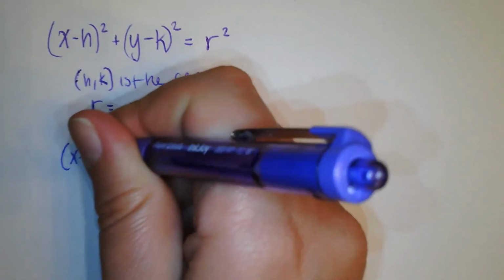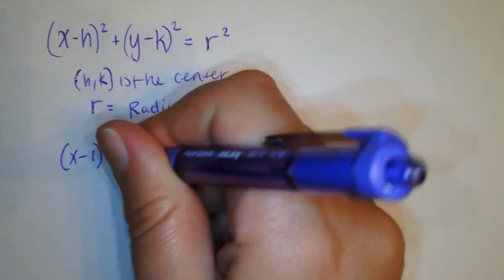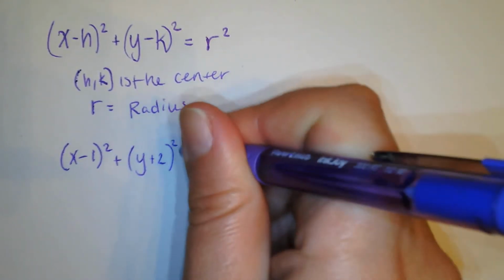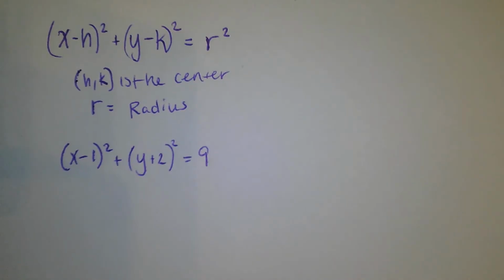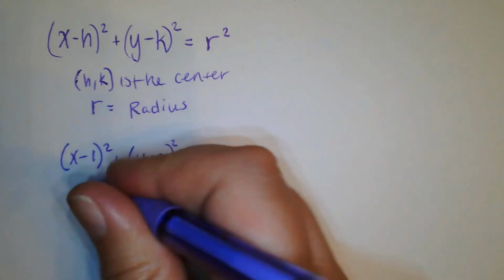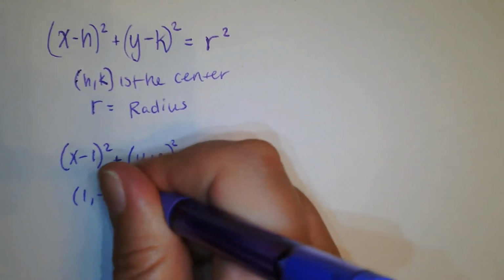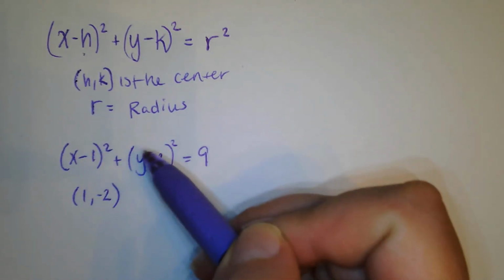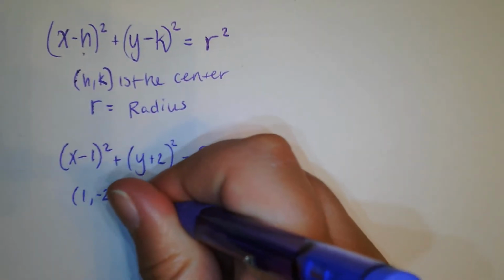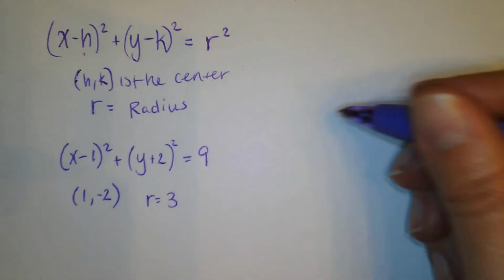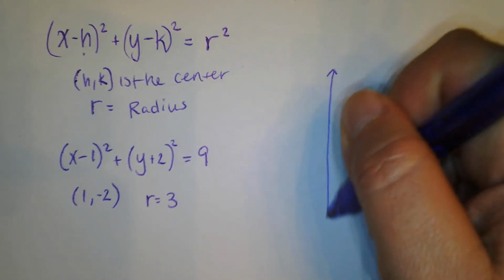Let's just make up a random question. How about (x minus 1) squared plus (y plus 2) squared equals 9. What's this telling us? The center is at (1, negative 2). Remember, those signs will switch because these are minus signs. So (1, negative 2), and the radius is 3, the square root of 9. So as far as sketching a graph for that,